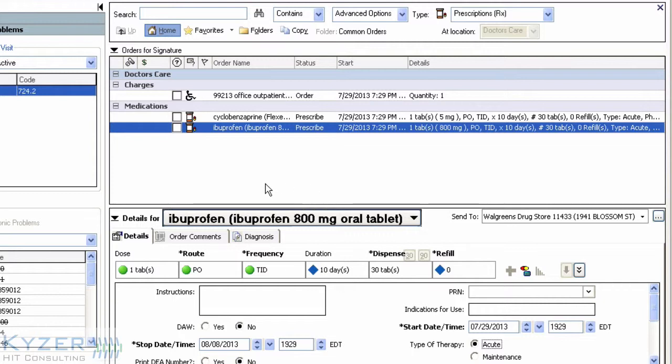If I needed to put in an x-ray, that would be a task charge. So up here I could start to search by CPT for that particular test. If I needed to, say, send this patient to